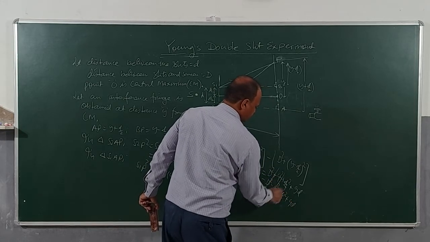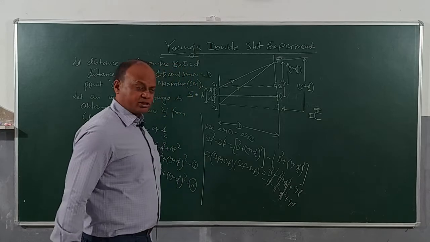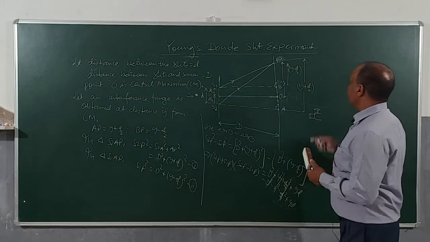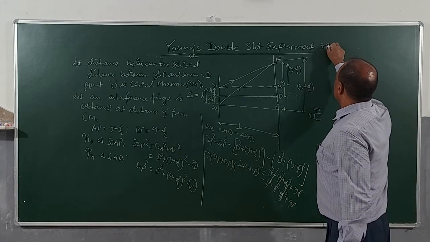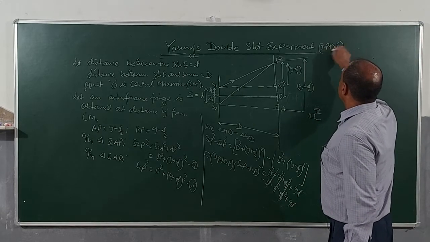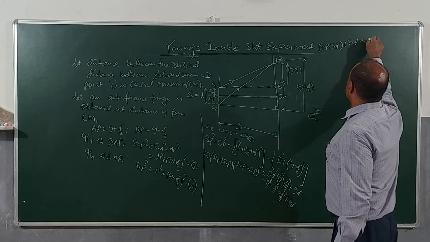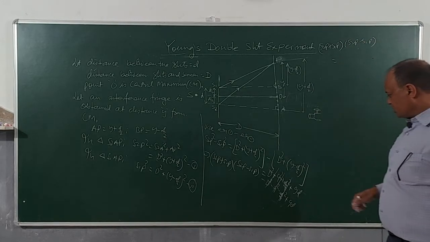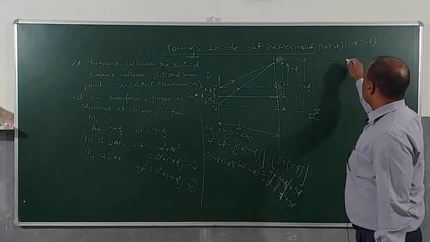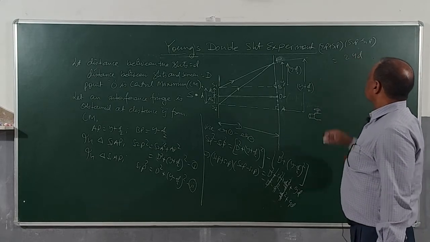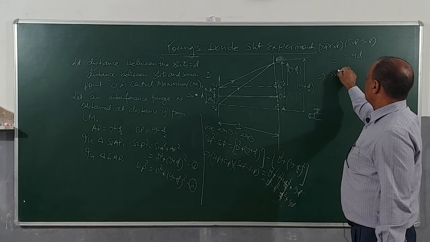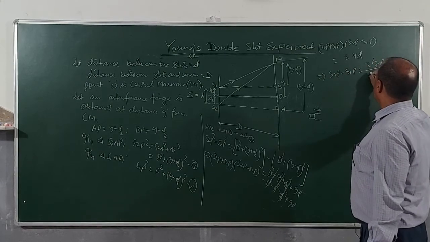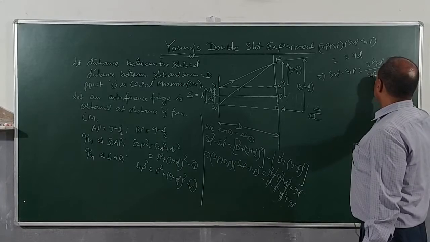So you can see that these terms are going to what? Cancel out, all these terms. So if I look at this, then finally what do I get? S2P plus S1P into S2P minus S1P equals to, children, I get yd plus yd is how much? 2yd. So from here I get S2P minus S1P is equal to 2yd by S2P plus S1P.